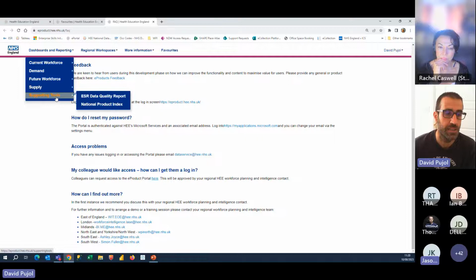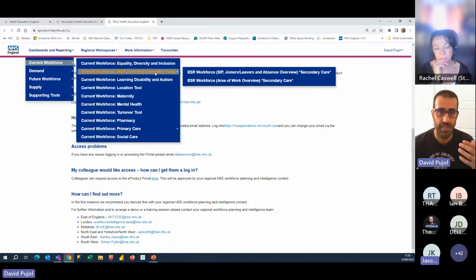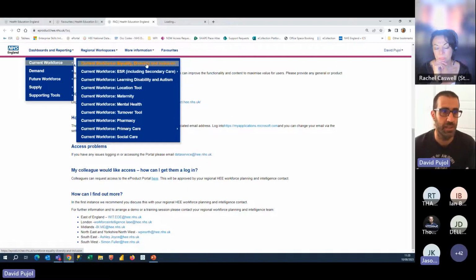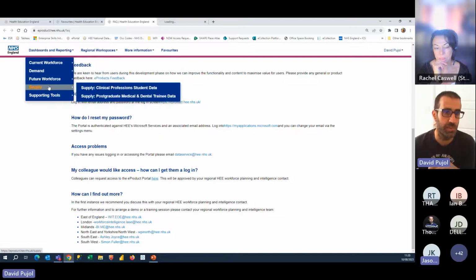So what I wanted to show is, for example, let's say that we look at the secondary care tool. This tool is quite large, but that's why I'm just opening another tab, because sometimes you have to bear in mind that